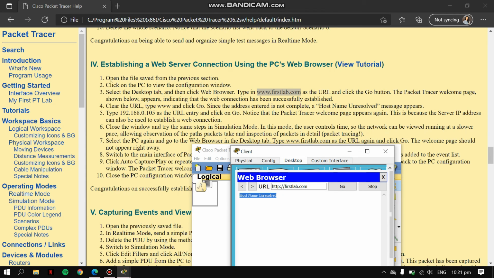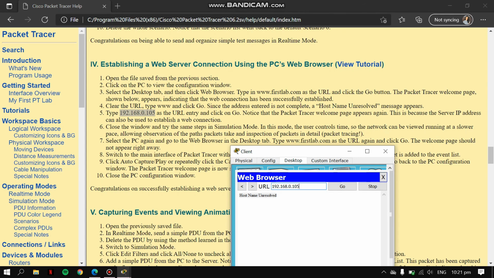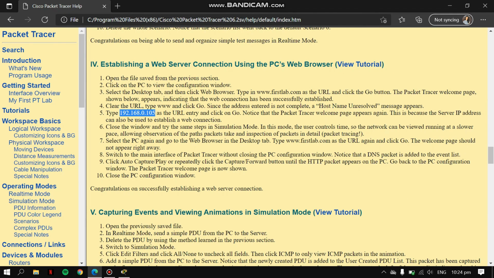Then type 192.168.0.105 as a URL entry and then click go. So i-try natin. Then paste and go. So notice the Packet Tracer welcome page appears again. This is because the server IP address can also be used to establish a web connection. So pwede naman siya gamitan ng IP address. Then exit. So number 6 here is close the window